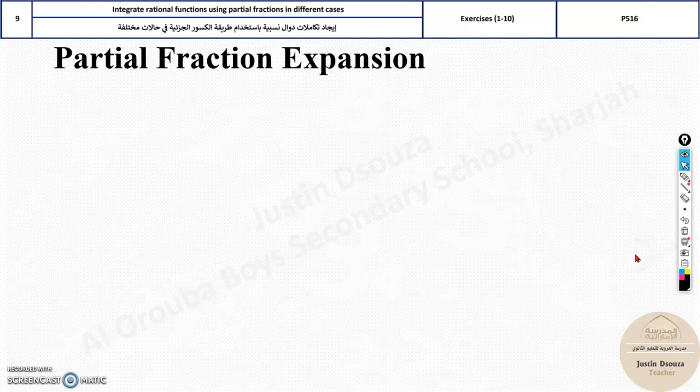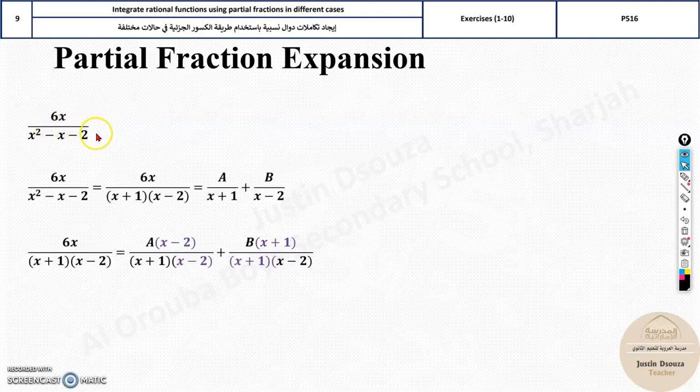The ninth topic is to integrate rational functions using partial fractions. Here, let us look into partial fraction expansion at the beginning, and then we will see how to integrate it. Now, imagine you have a rational function like this. It's in fractions. Now, you can see the numerator is lower than the denominator. So then, in this particular topic 9, you generally will have such problems. What you need to do is basically